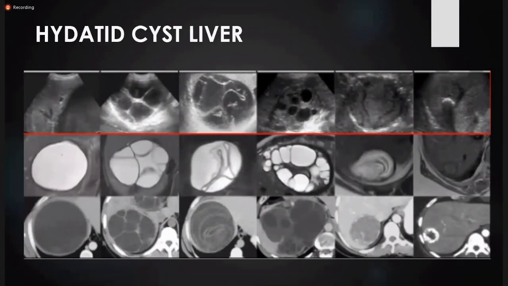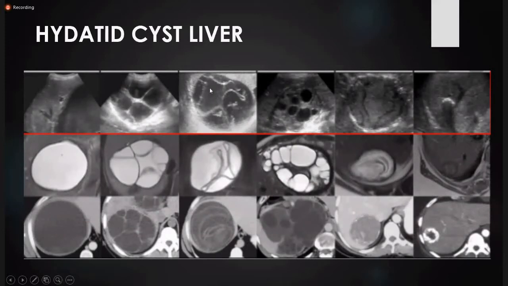This is how hydatid cyst can look like on CT, MR, and on ultrasound. That is, it can have variable appearances. It can be very simple looking, and it can be very heterogeneous looking. So sometimes it gets very difficult to distinguish it from a simple cyst or a solid enhancing lesion. But when you see internal membranes like these, it is most likely hydatid.